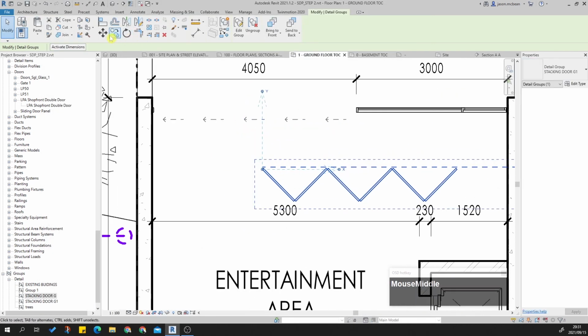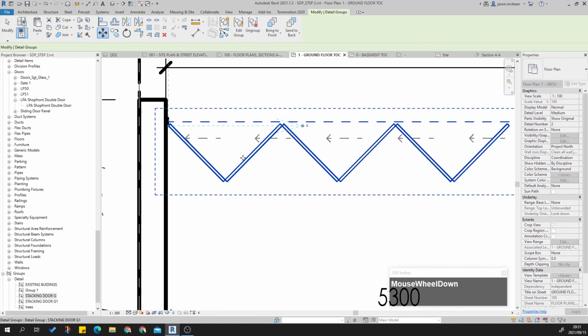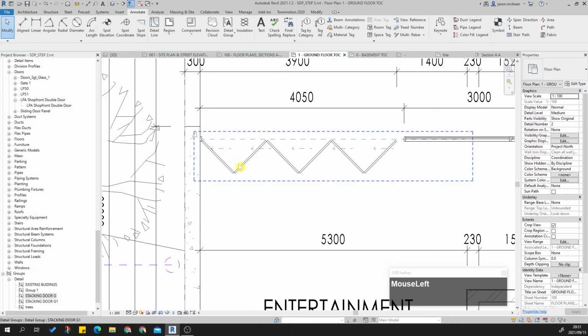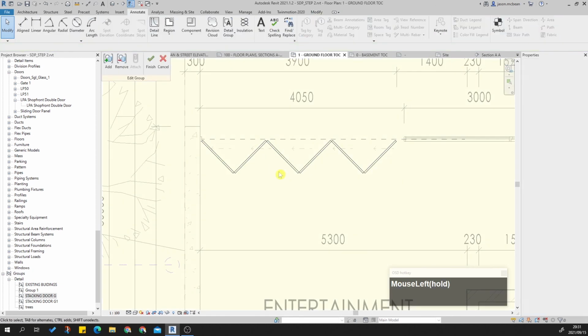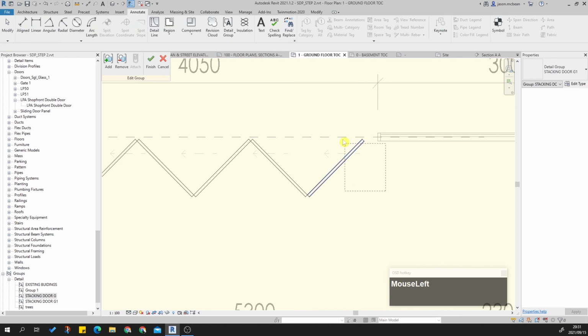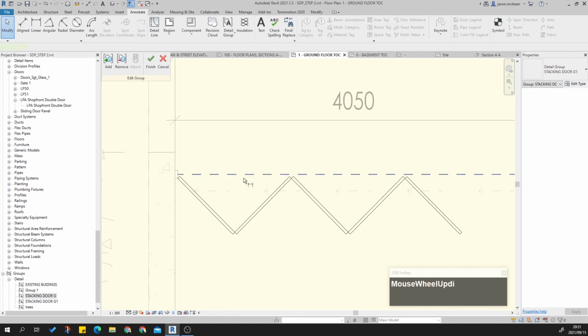Now what I'm going to do is move this, and you'll start seeing this will work really well now. And then all I have to do here very quickly is just go back into my line weight section, click this door, and I can go and say edit group. Okay, and then we're going to have 1, 2, 3, 4, 5. So technically that's what we're going to have. Okay, so we might have to recreate this because our door width won't be exactly the same, but let's have